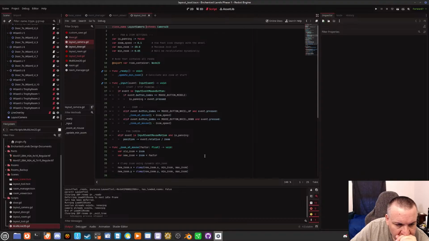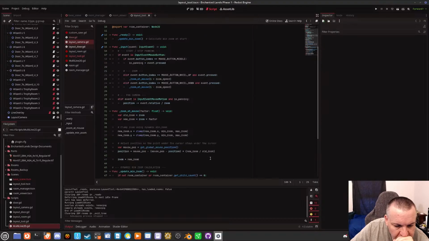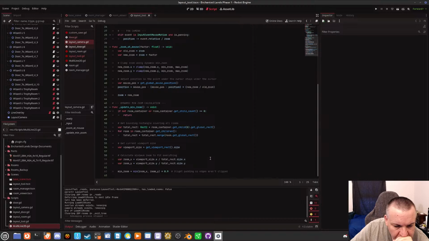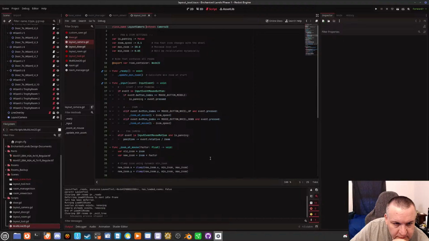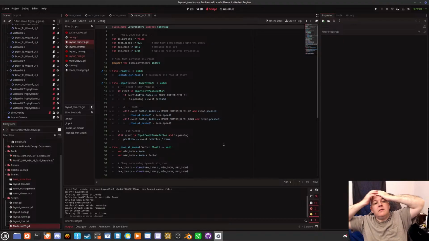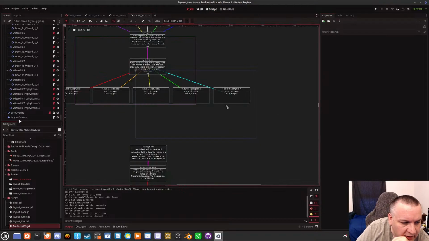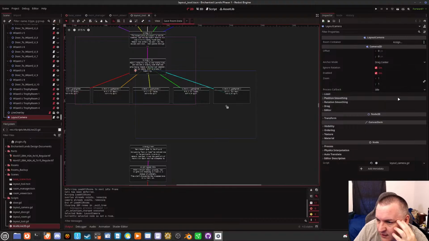Let's see, ready, input. What is room container and how does that, oh, the room container, okay. Let's see something here. That means I can go ahead and select it. Where is room container?